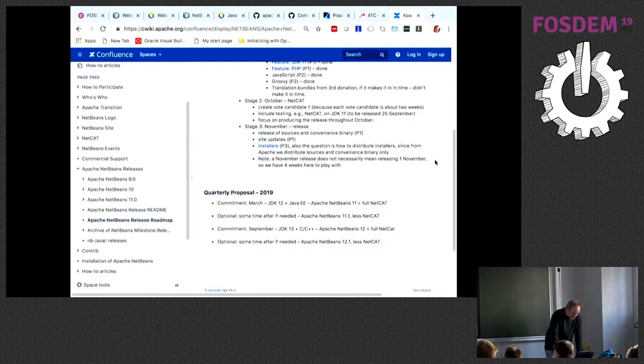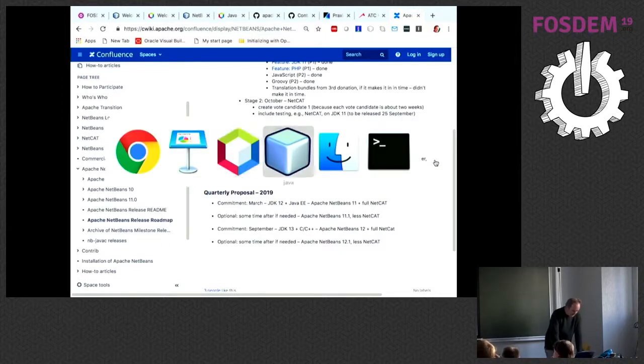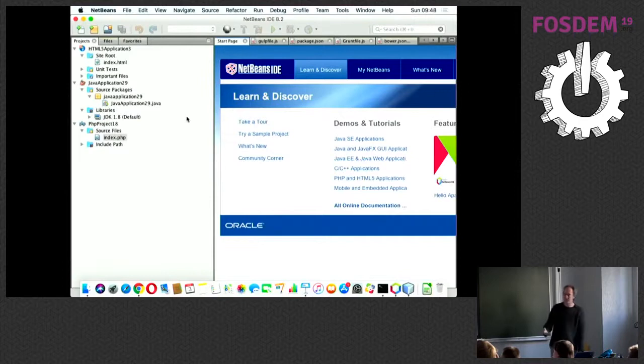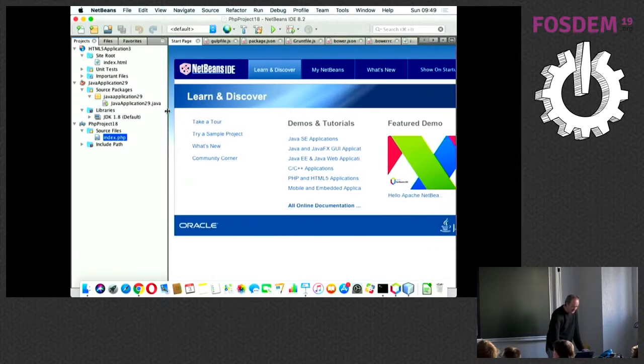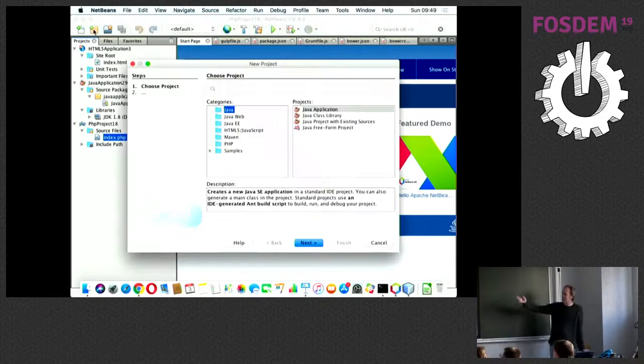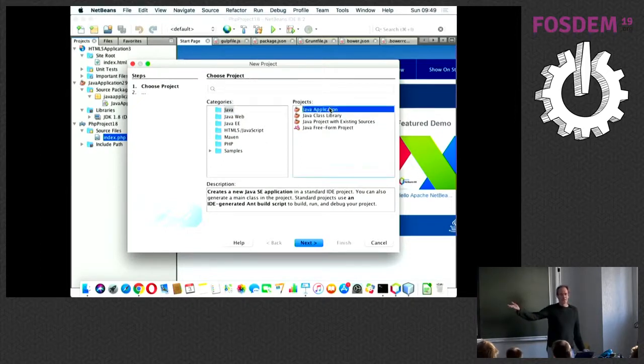One small thing before I switch over to Jan's demonstration of some new features. This is what NetBeans looked like in the last release by Oracle. A discussion, it seems trivial, but a discussion that we've had for a long time is, look at this new project dialog. Somebody creates their first Java application. Imagine you creating your first Java application. NetBeans is often used at schools and universities, with people learning Java for the first time. They create a new Java application. Without knowing it, they have created an Ant-based application.